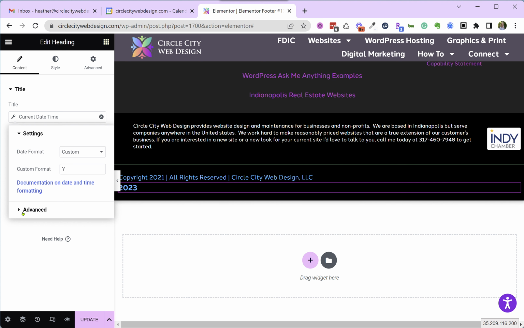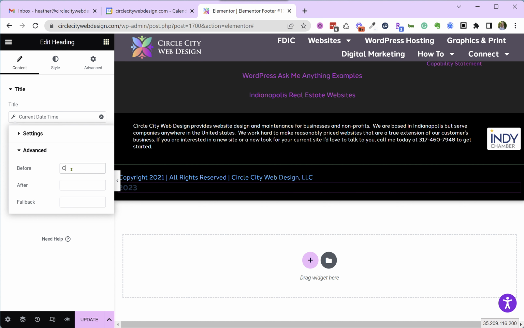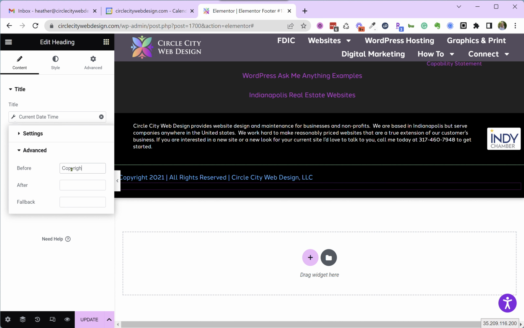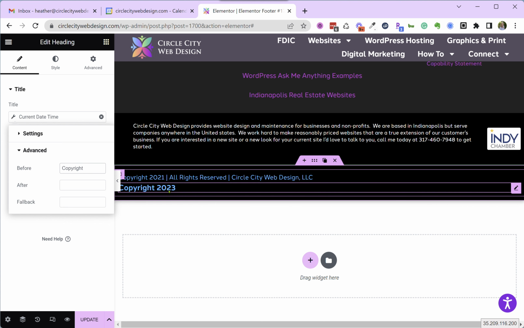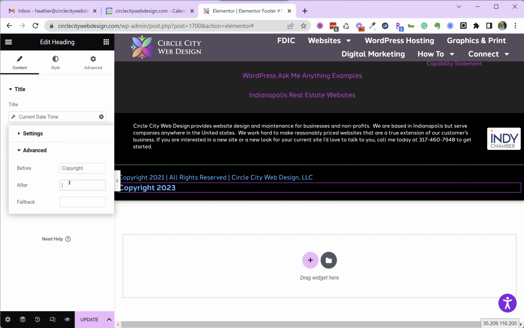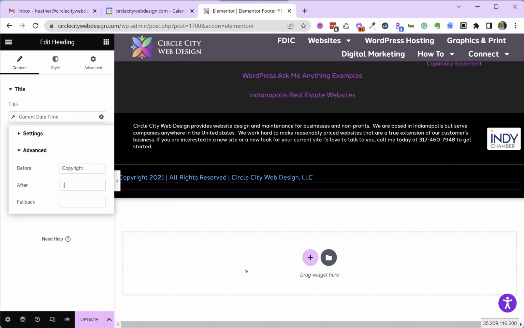Now, to make it really cool, we're going to click on advanced and type in the text that we want before and after that little dynamic piece we just dropped in. So before, we want it to say copyright space. So there you see it coming. Nice, huh? And in the after box, we're going to say space pipe